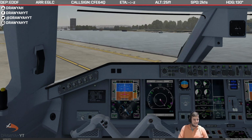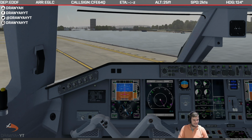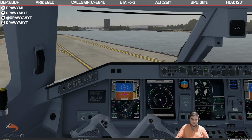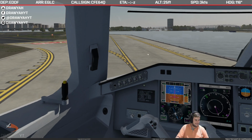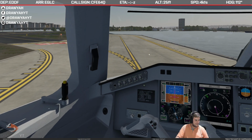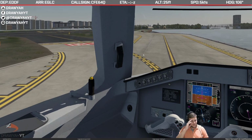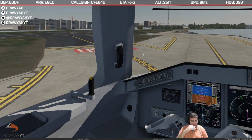The closer we got to the city, the more things just went wrong. I did not set 2,000 feet per minute on the vertical speed, but for some reason it just decided on its own, let's descend 2,000 feet per minute towards the flipping ground at this airport. Oh my word! And then the trim, I did set the autopilot, and then the trim just went full forward, so I had to...